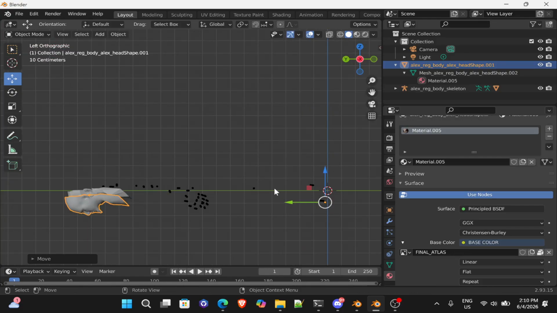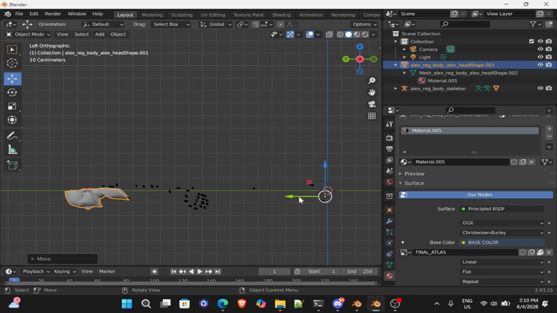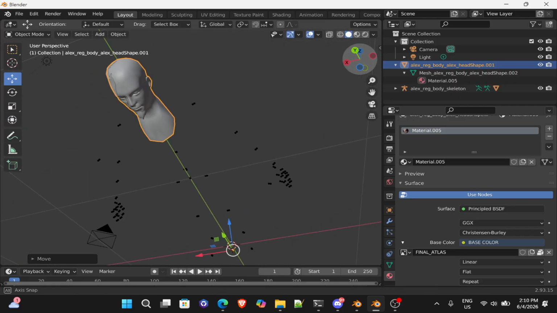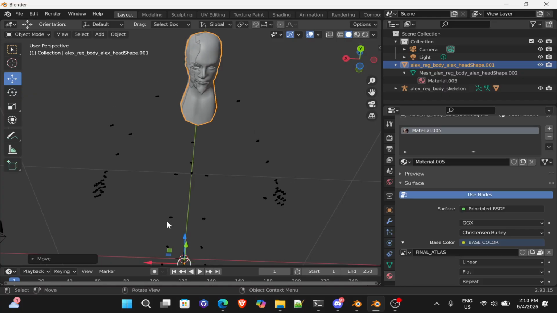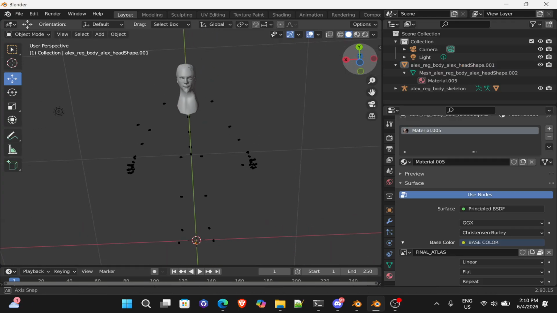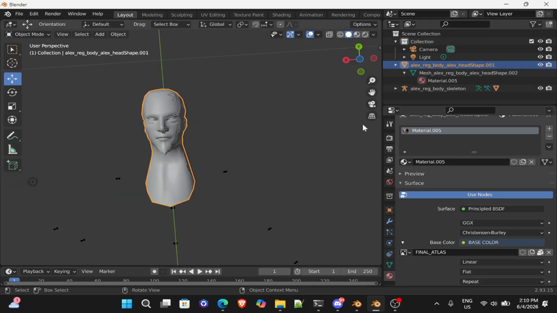All right. Hold on. Okay, that looks good enough. Yeah, that looks. Hold on, wait. All right, there we go. That looks good enough. So once you have that, the first part you need to do is click on the mesh,